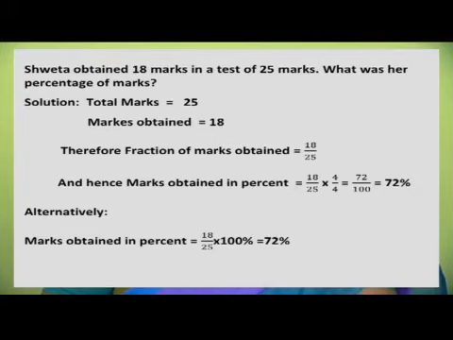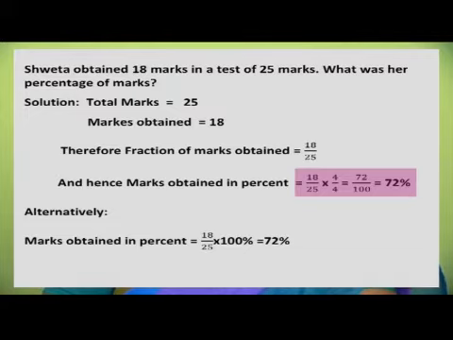Now, let us consider some examples. Example 1: Sweta obtained 18 marks in a test of 25 marks. What was her percentage of marks? Now, let us move on to the solution. Total marks is equal to 25, marks obtained is equal to 18. Therefore, the fraction of marks obtained is equal to 18/25, and hence marks obtained in percent is equal to 18/25 multiplied and divided by 4, which is equal to 72/100,